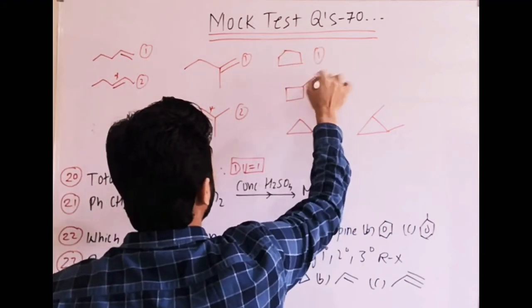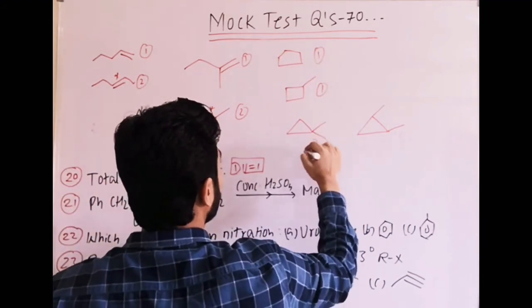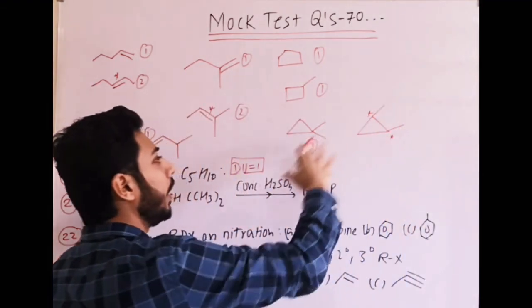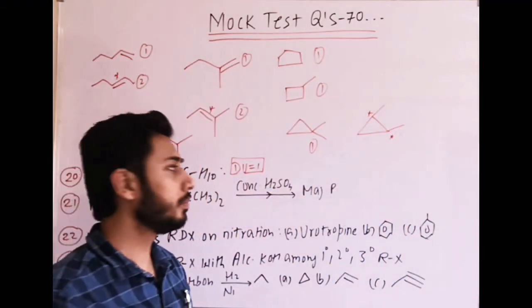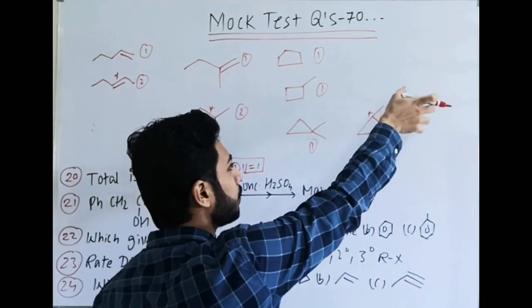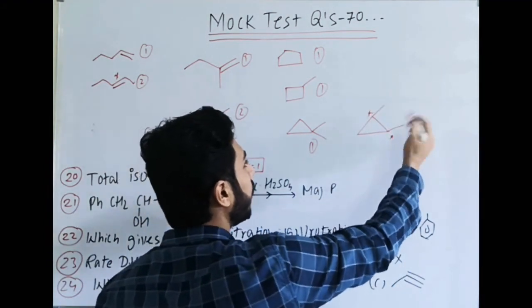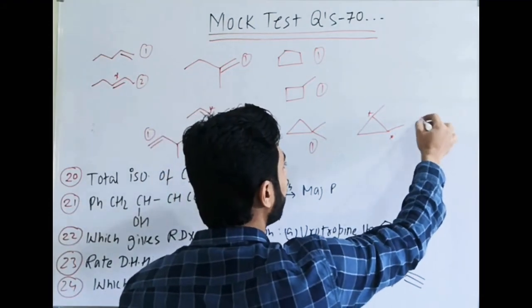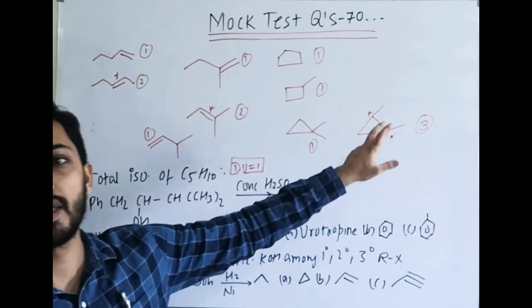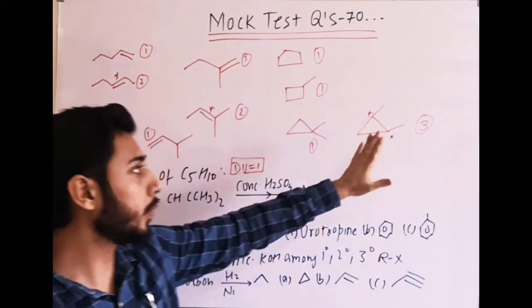1, 1, no chiral centers, no chiral centers. Here also no chiral center. But here it is a symmetrical compound, and 2 chiral centers, or you can say geometrical centers, are possible. The answer will remain the same: cis form, trans form. Cis will be optically inactive, trans will be optically active. That means 3. How? In optical isomerism, that example is covered, so I am not going into detail.